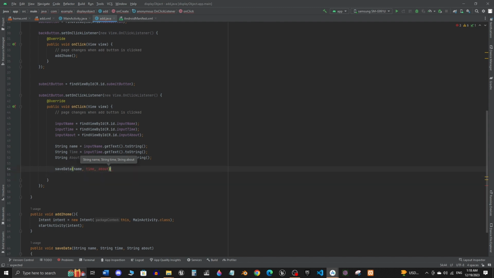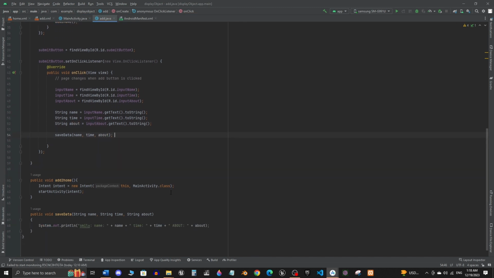just like that. Oh, I put the capital letter instead of lowercase. That's bad. Okay, so now we call the save data function, send those variables, and for now we are just going to print out these variables to see if it's working perfectly. So let's go ahead and press the run button,